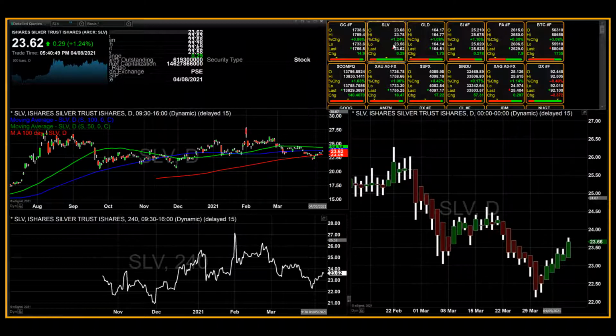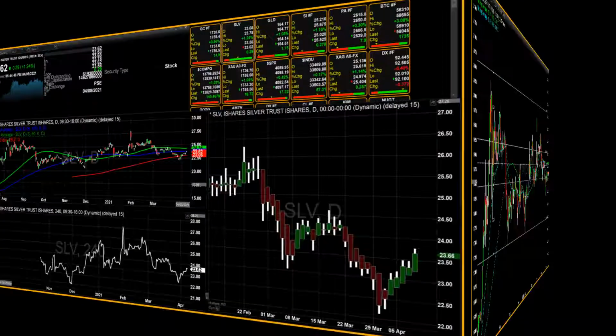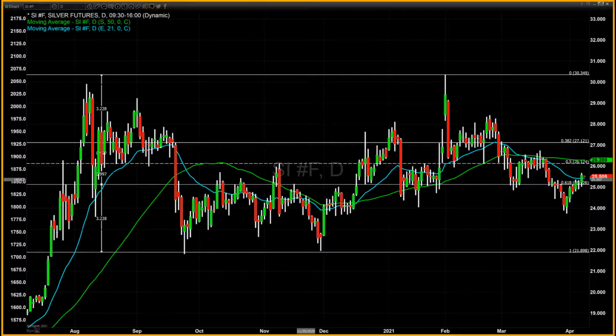We'll cover the ETFs in detail as to where we got in, as well as the rationale behind where we put our stop, which we sent out today on both SLV and GLD. Silver also had an extremely nice day today as it gained well over a full percent. It is currently trading in Australia at